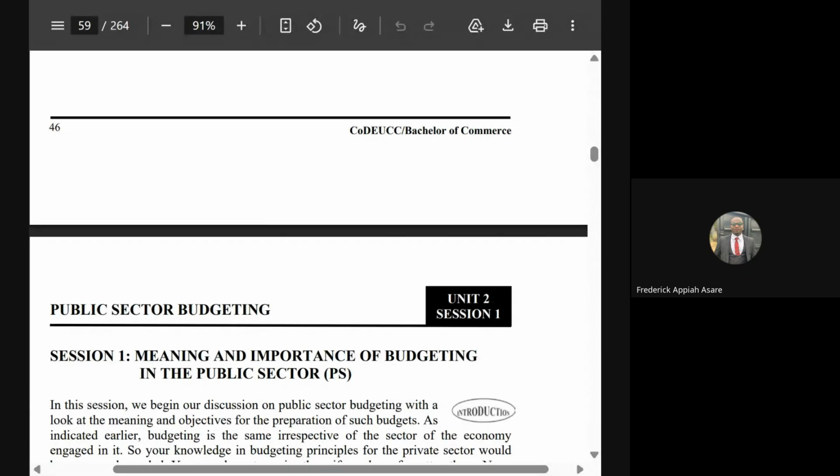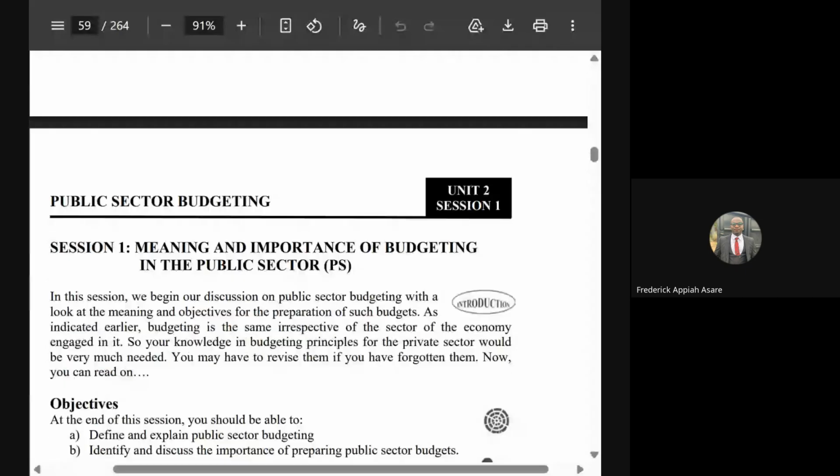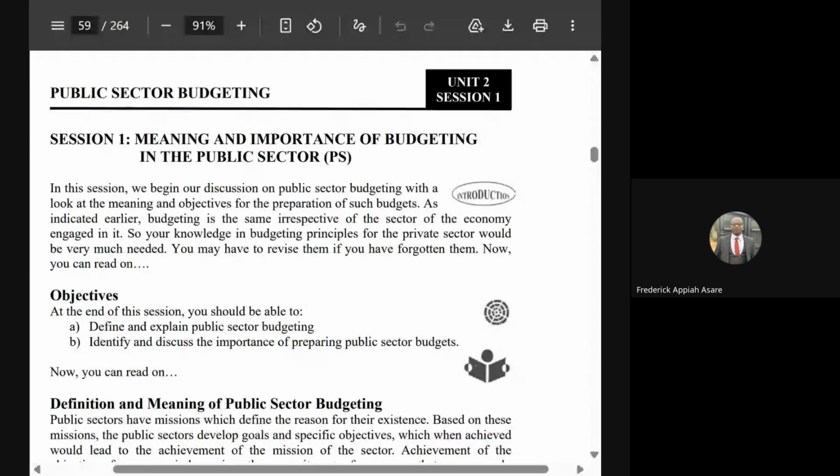Let's look at budgeting. Since we are all using public funds, it's always advisable, it's always right, for us to make estimates and budgets before we use them. If we don't do it, we are going to just spend our money without taking notice of it. So the same thing applies in the public sector.